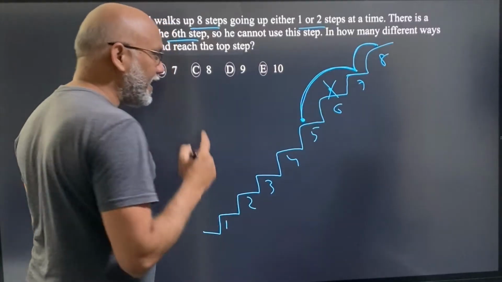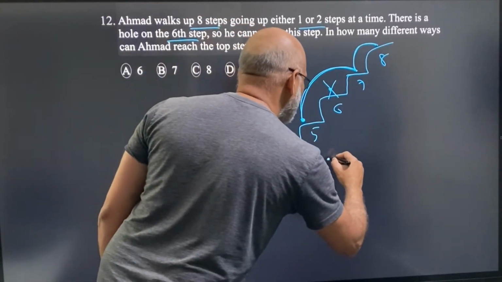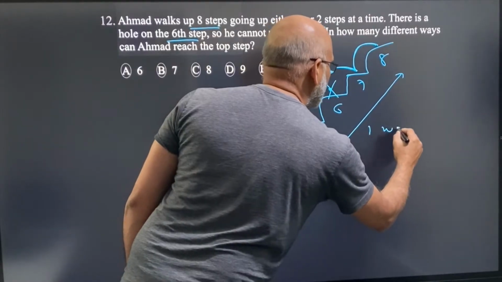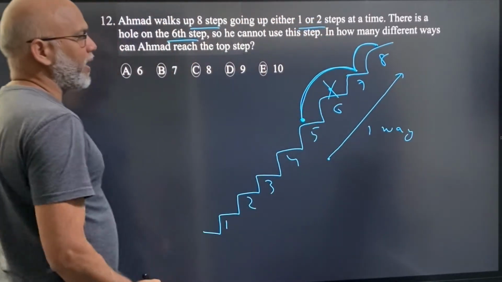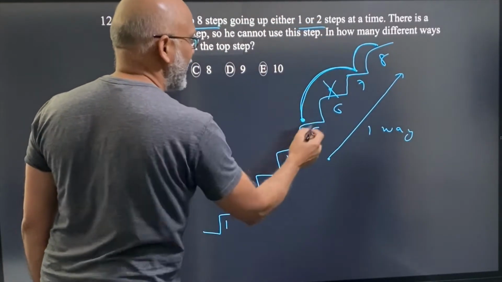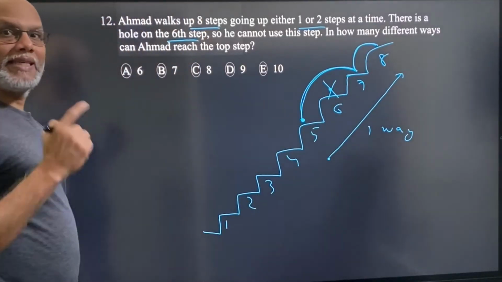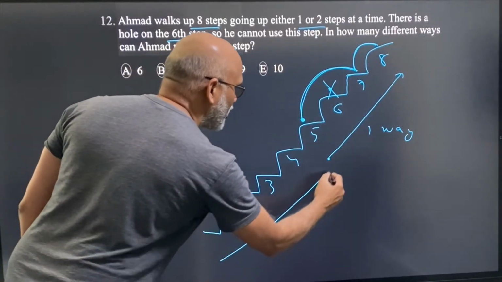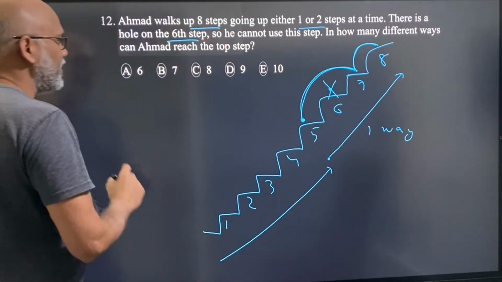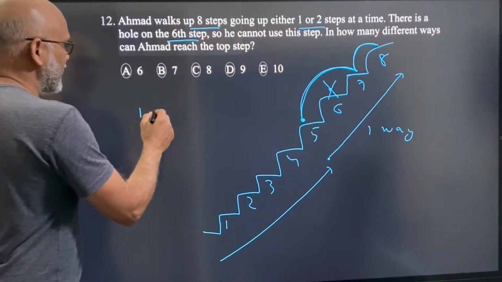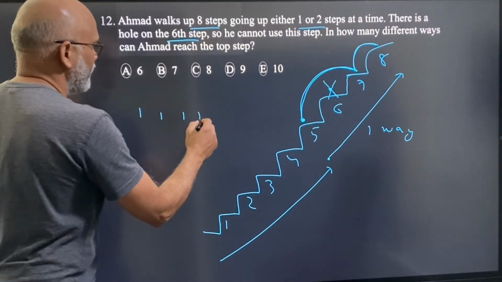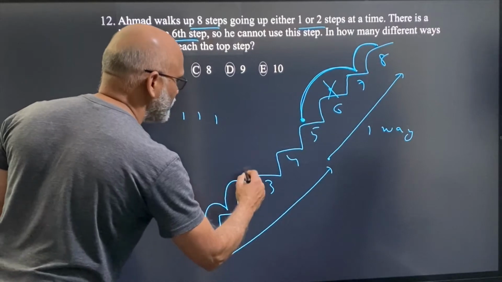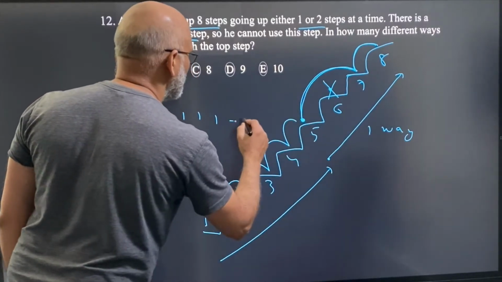So he has to get to the 5th step, and once he reaches the 5th step, to go to 8, there's only one way. There's only one possible way from 5 to 8, and he has to get to 5. Now let's see how many different ways he can get to 5, from ground all the way to the 5th, right? He can take all single steps, 2, 3, 4, 5, right? Like this, from ground, 1, 2, 3, 4, 5. So this is one way,